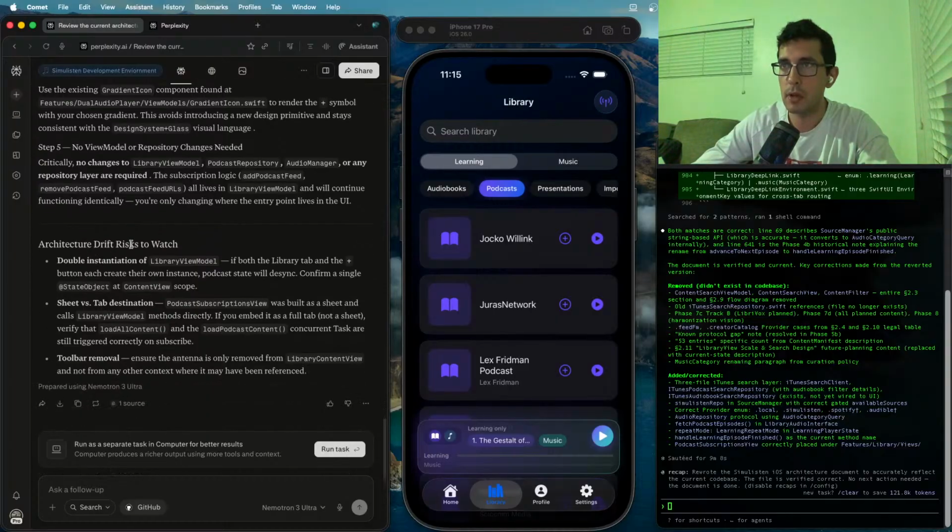Architecture drift risks to watch. Double instantiation of library view model. If both the library tab and